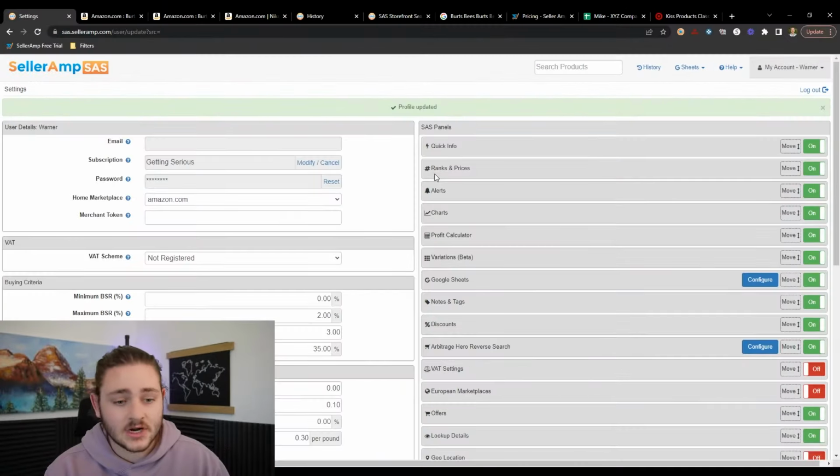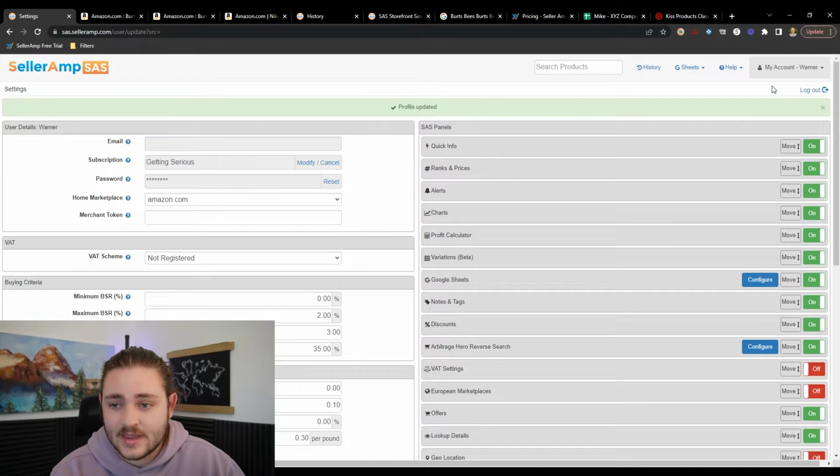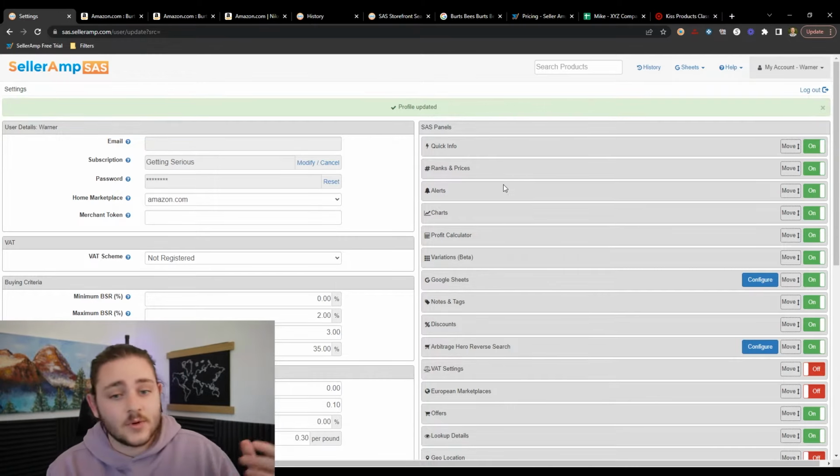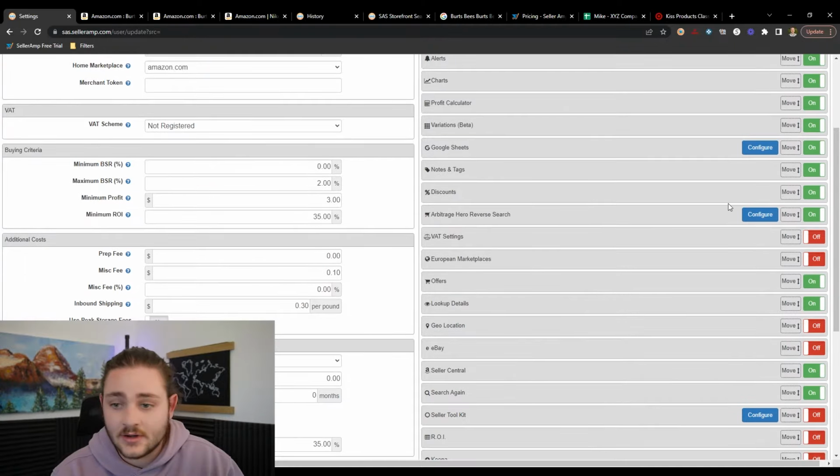So then let's go ahead and talk about the settings in the backend, kind of a nice segue as well, because all these panels are going to be configurable from the backend settings of your SellerAmp account. To get there, you're just going to click up here, go settings. It's going to take you straight there. You can see we're running through most of the SaaS panels over here, but there were a couple that we